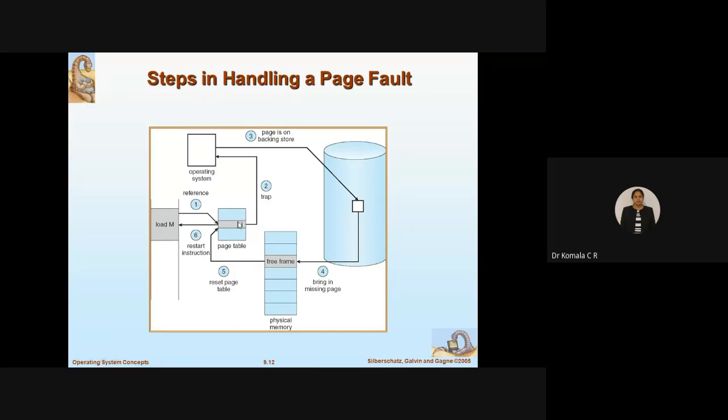If it is not invalid, there is no page fault. Then in step 1 only you would have mapped to the free frame. Then swap in or swap out is not required, and at that time you can finish executing. But because of invalid, you need 6 steps to come back and restart. So this is how the page fault is going to be handled. The technique by which you are going to allocate and reset the page table again depends on the page replacement